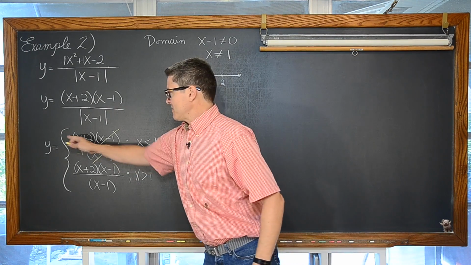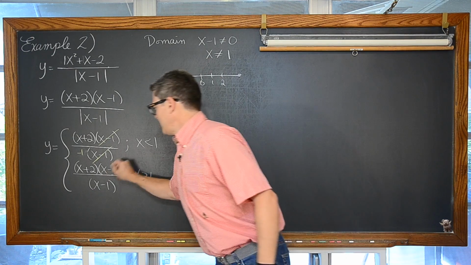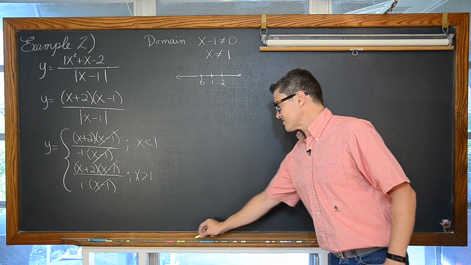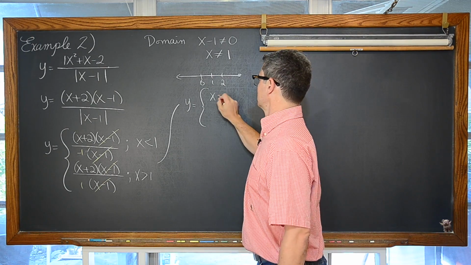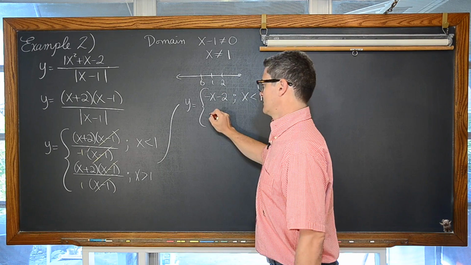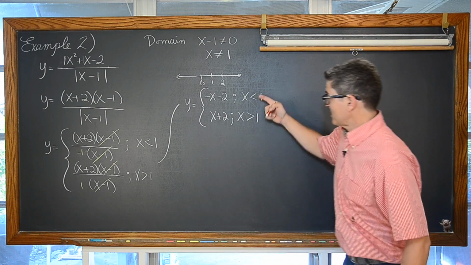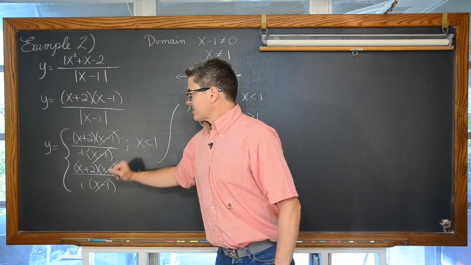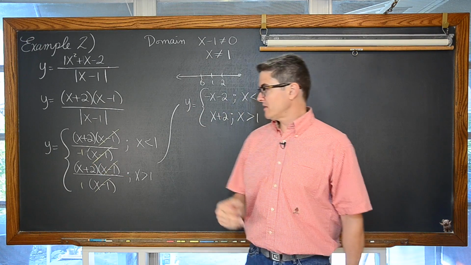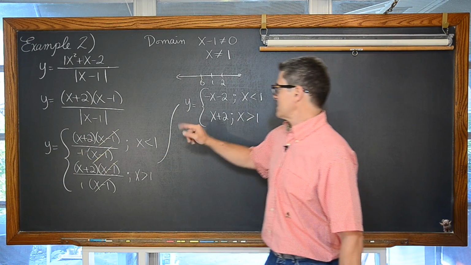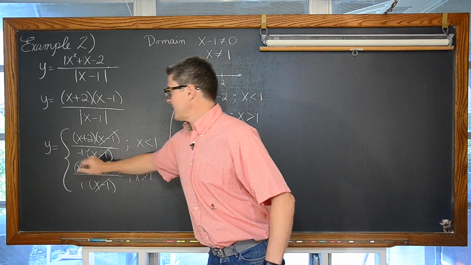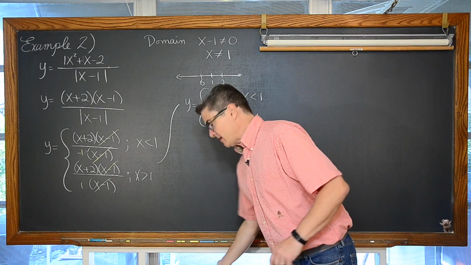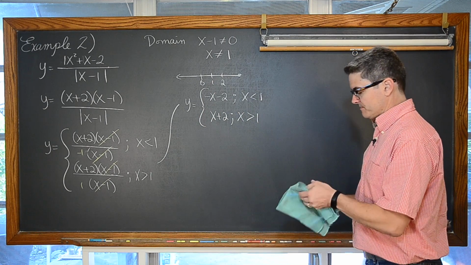But I'm going to distribute that negative 1 through the parentheses. And here we've got the x minus 1 divided by x minus 1, of course, again coming out to be positive 1. Even when I'm not talking, sometimes I'll make some kind of silly mistake like that. But at any rate, x minus 1 divided by x minus 1 is negative 1, and x divided by negative 1 is negative x, and 2 divided by negative 1 is negative 2. We have y is equal to negative x minus 2. And we're done setting up our piecewise function.